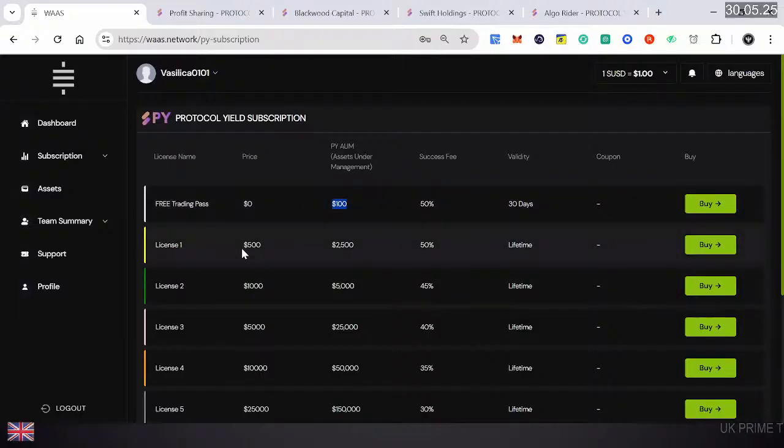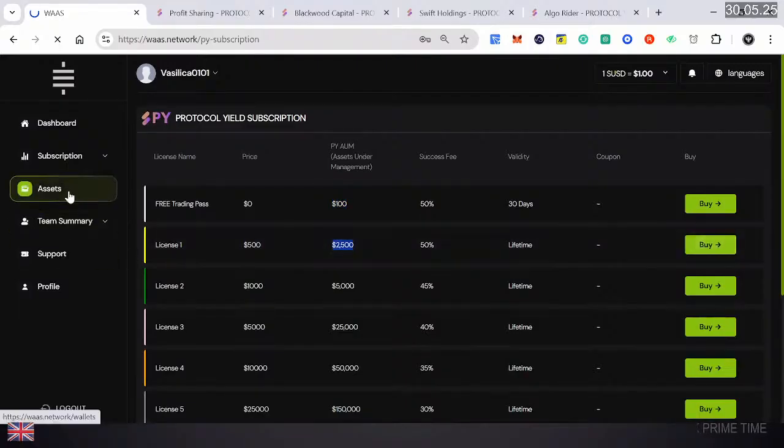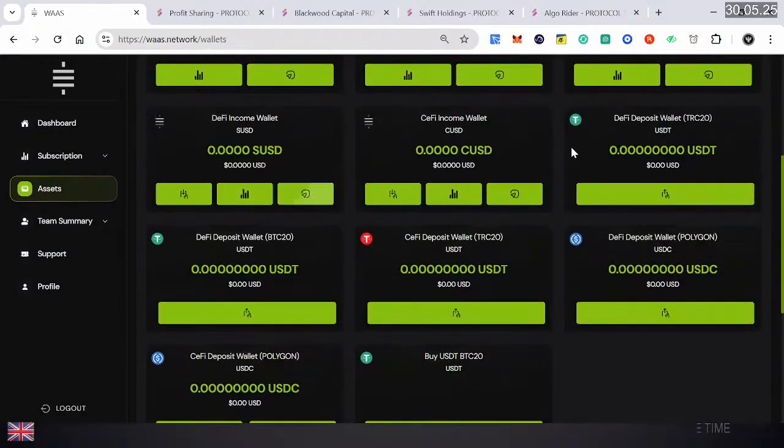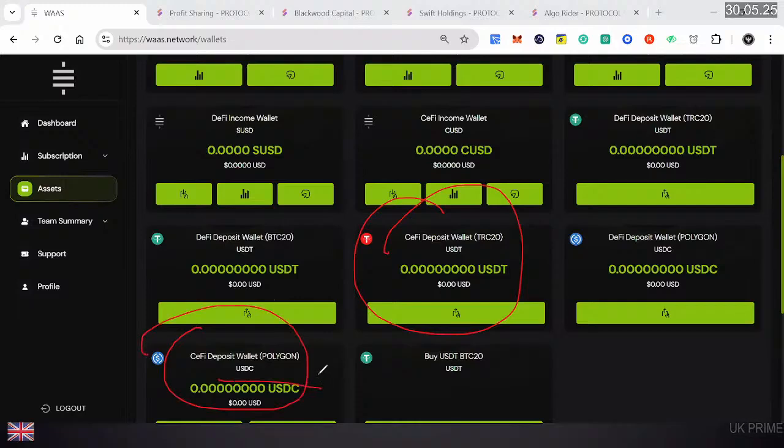So license one is $500, and 2,500 is the maximum AUM. The validity is for lifetime. So in assets, you have wallets, and it's a C5 product, right? So these wallets are the C5 deposit wallet in TRC20 and the C5 deposit wallet in Polygon. So if you're using the Polygon network for transfer, use USDC. If you're using TRC20, then